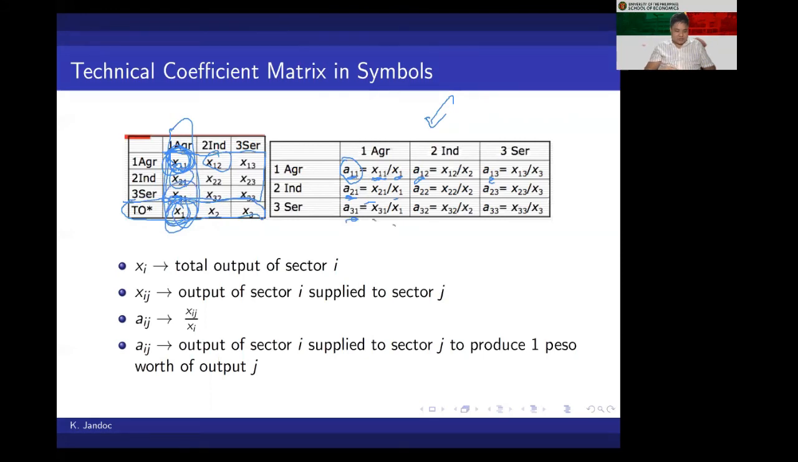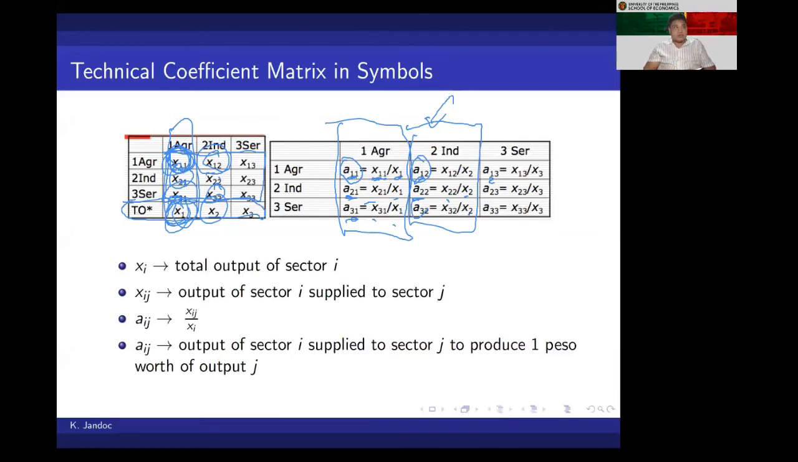Okay, so this is for agriculture. These are the technical coefficients for agriculture. For industry, you divide X12 by the total output of industry, so you'll get A12. Okay, X22 divided by total output is A22, so that's a technical coefficient of industry, and A32 is X32 divided by X2. Okay, so again,